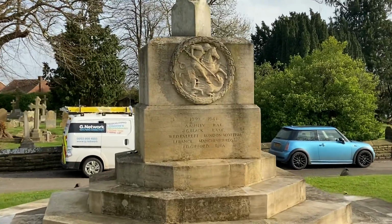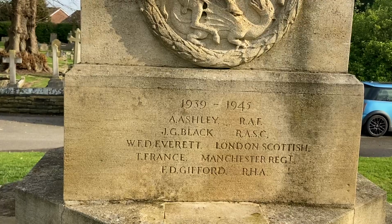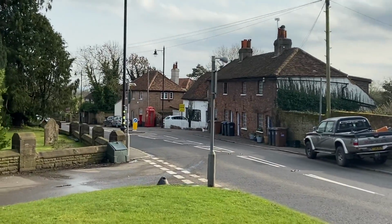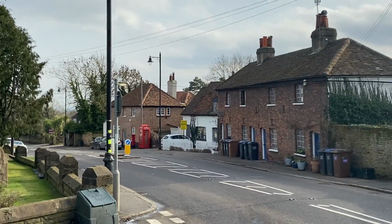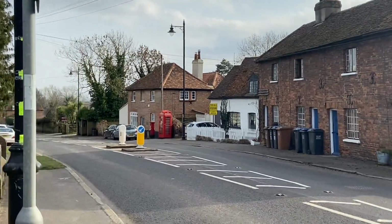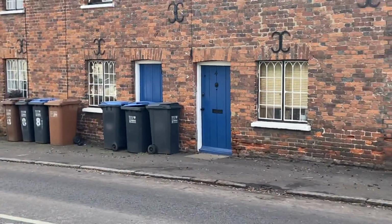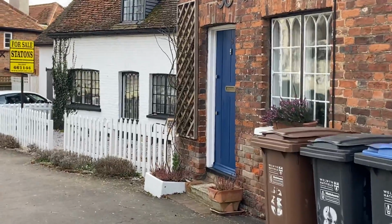And then of course the War Memorial, Second World War Memorial, always one in every village, 1939, 1945, and a little detail there. And in the centre of your picture there, two further classic elements, the red telephone box, and next to it the red postal box. So it's the full Monty really, the complete set: village green, church, churchyard, village pub, and the telephone box and the post box,